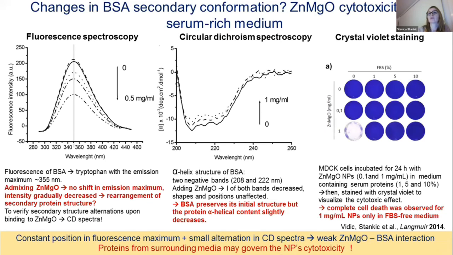Then we also did cytotoxicity tests with crystal violet staining, and we could see that complete cell death was only in the absence of BSA. Again, confirming the interaction with the